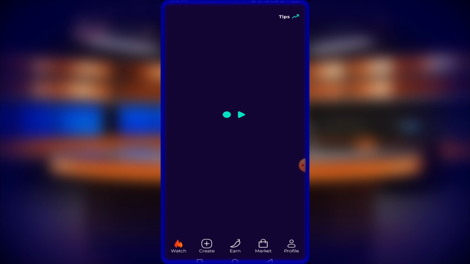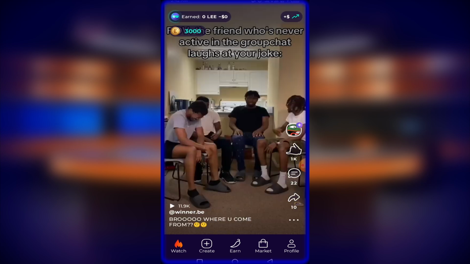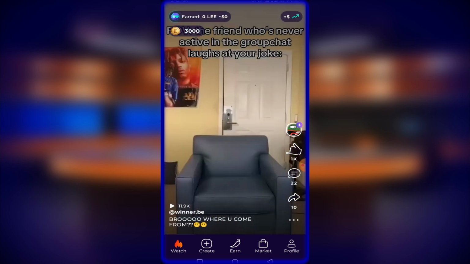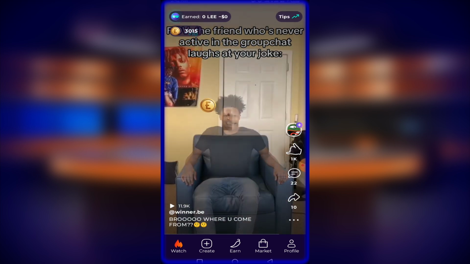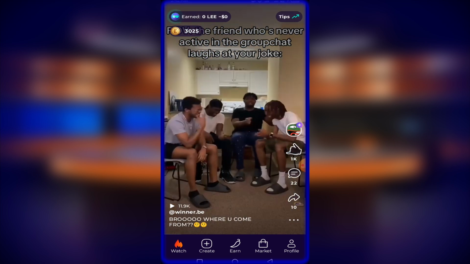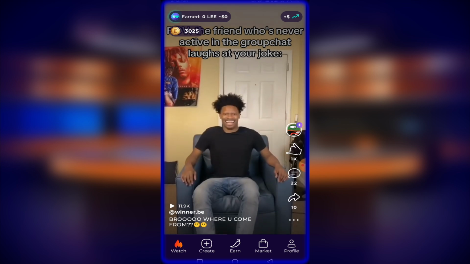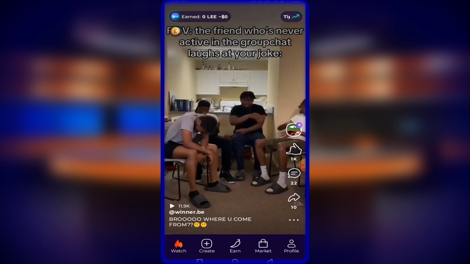Okay, so this is the app and I've already registered. Basically, if you look at the top of my screen, you notice that something is adding that is called easy coin, and on top of it is end zero.